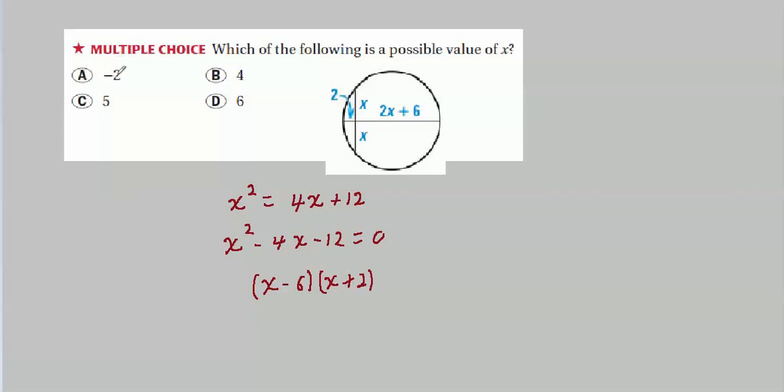And same thing with lengths. Negative 2 makes perfect sense as the solution to an equation. You just have to remember that the solutions to equations also have to match up with reality. And in this case, negative 2 really doesn't match up with reality, so the correct answer is, of course, D, 6. Don't let them mess you up on the test and try to suck you into picking minus 2. It's a legitimate answer for the equation, but it's not a legitimate answer for a segment length.